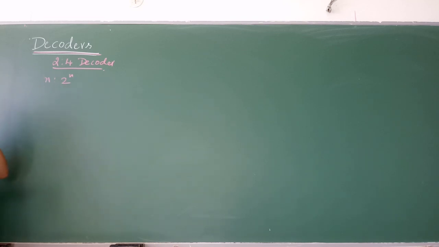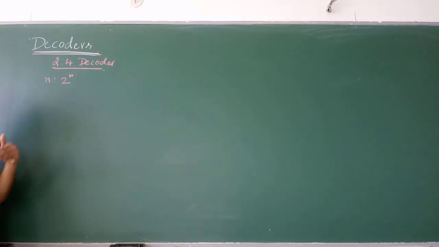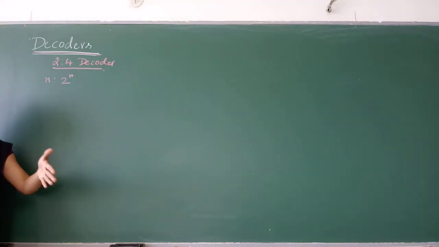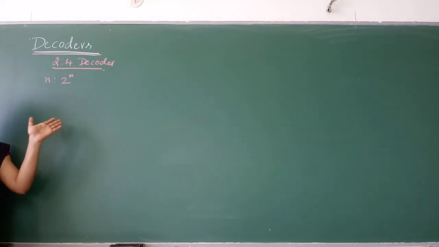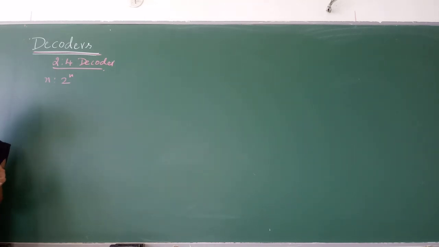And we also studied that for a decoder, other than the inputs and the outputs, we also have select inputs or the enable inputs. What are enable inputs? Enable inputs are going to tell the decoder to decode the inputs to the output. Okay, so we have implemented a general 2:4 line decoder and a general 3:8 line decoder.